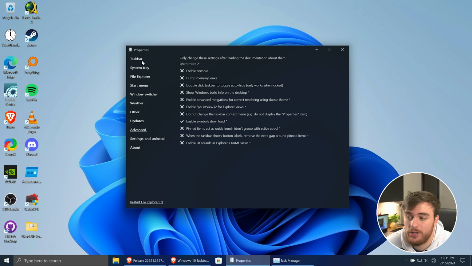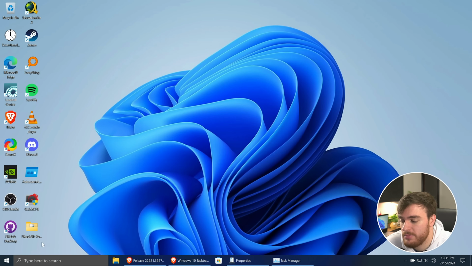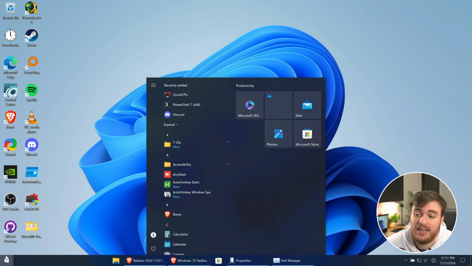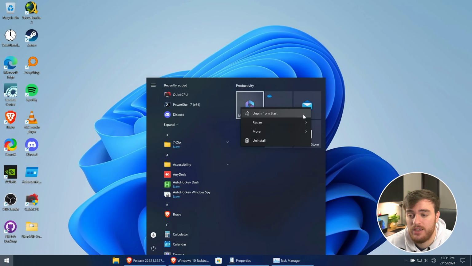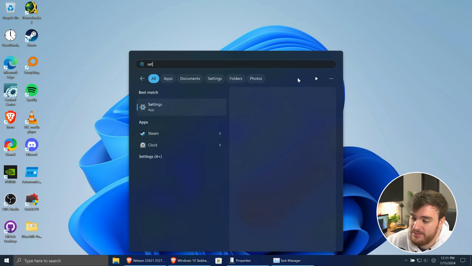And of course, you can even go a step further and use something like Start11 if you want to customize how your start bar looks even more, your start menu, etc., which I probably will get to at some stage in the future. For now, I've just got some customizing to do to make it work exactly the way that I want it to. Besides that, if you're on a clean install, unpinning some stuff, and of course, heading to the settings window,